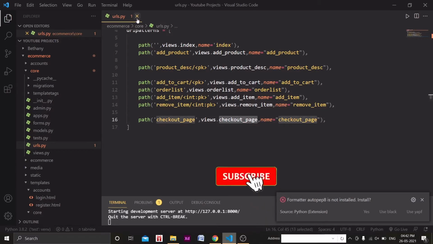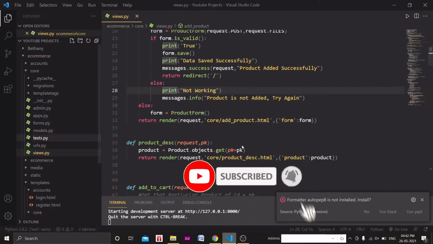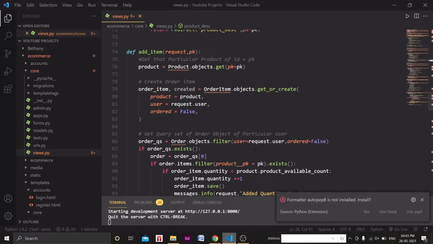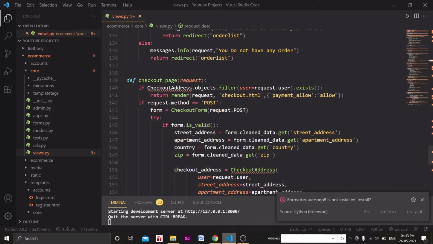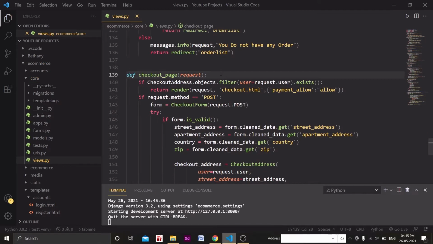Let's go to the views.py file, and I have written the checkout page function. Basically, we will check if the checkout address model, in which we are storing the address of a customer, has the data of the particular user or not.